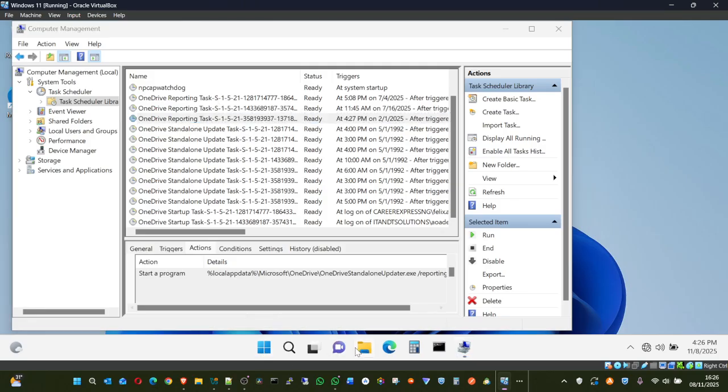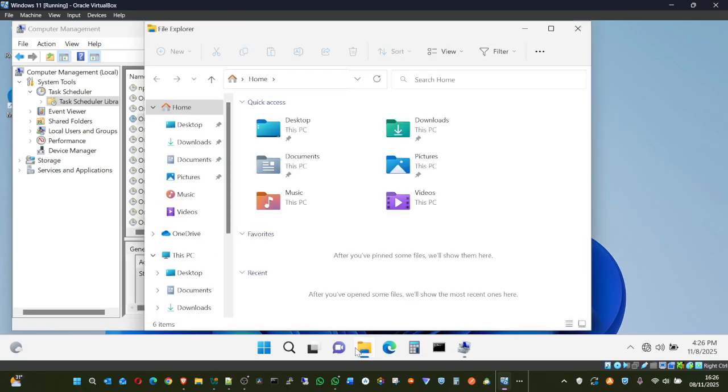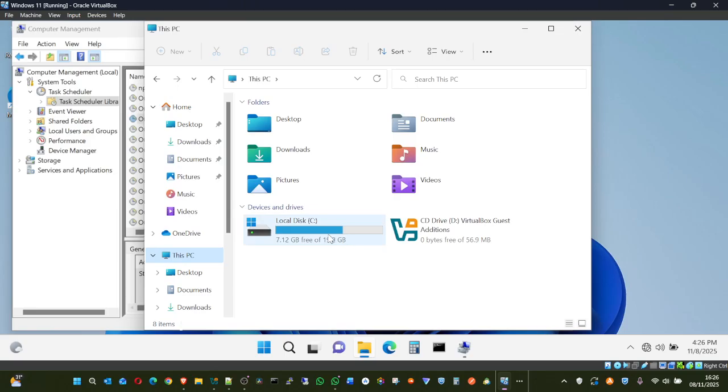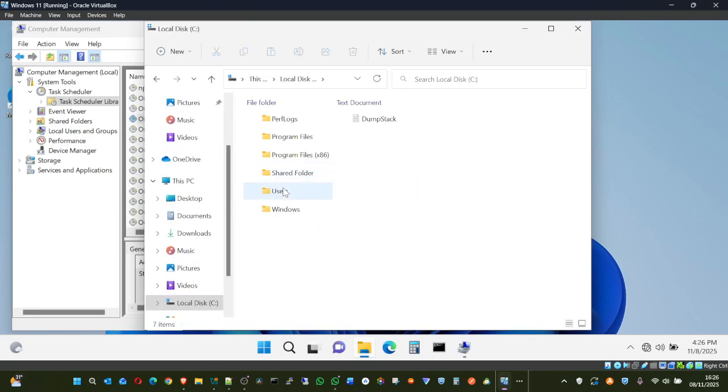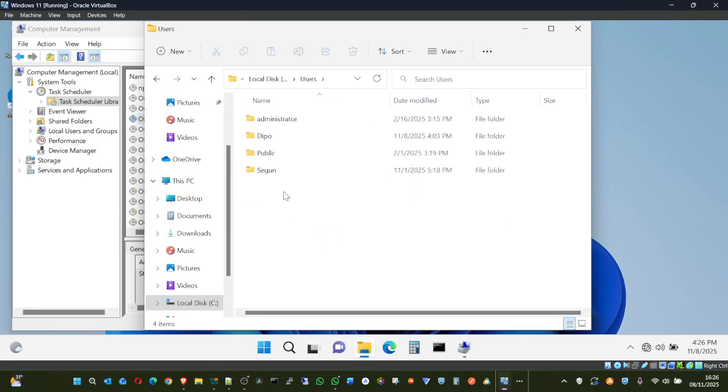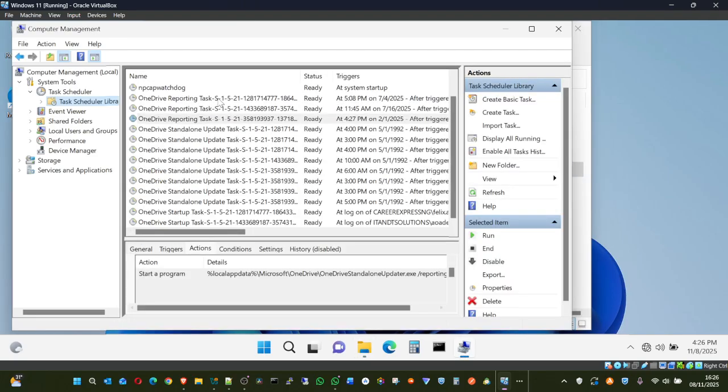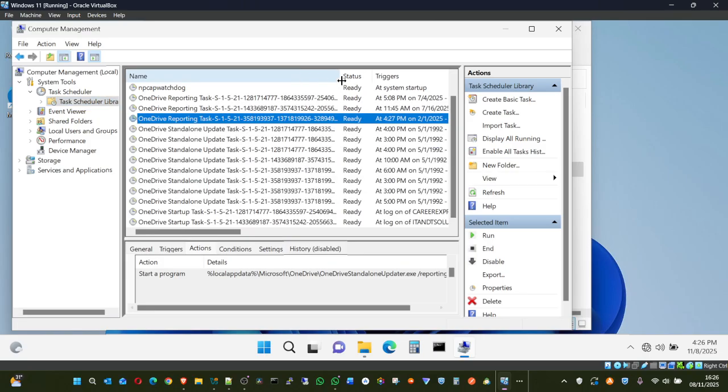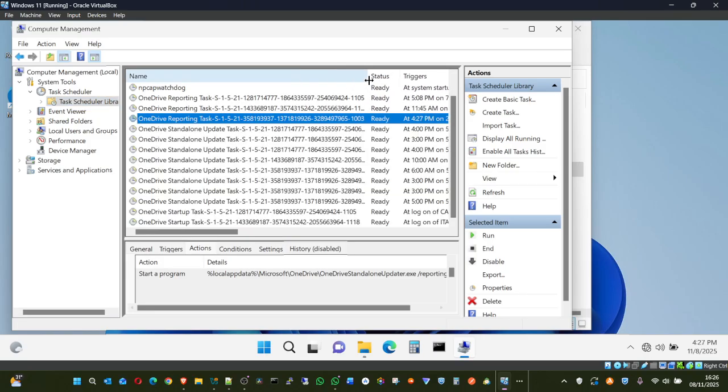And how to know those accounts? Let me go to File Explorer, go to Drive C, go to Users. Under Users, we now see the list of users that are created. Administrator is there, Deeper is there. I created Shegun. So these are the three users that we have, and these are their task IDs.